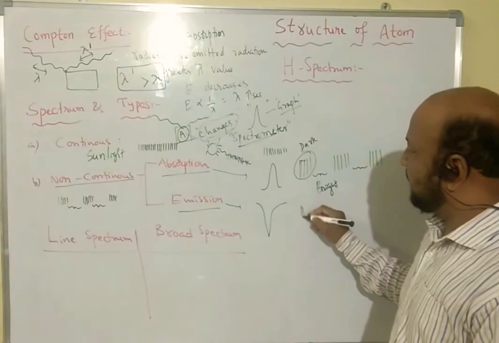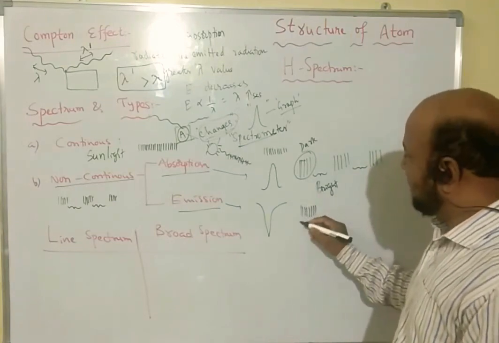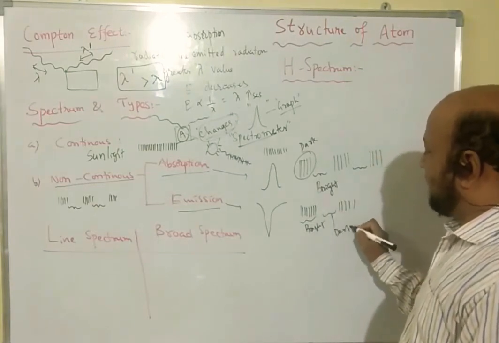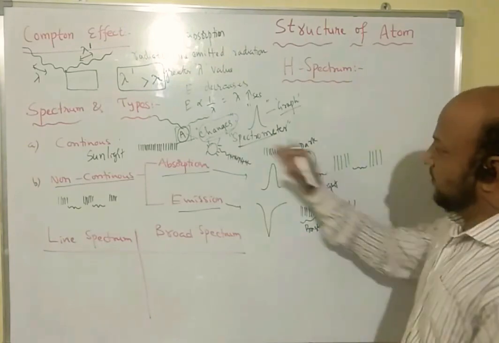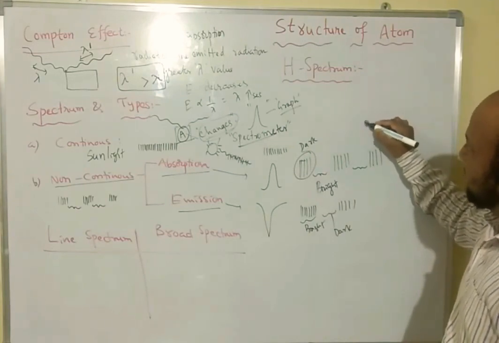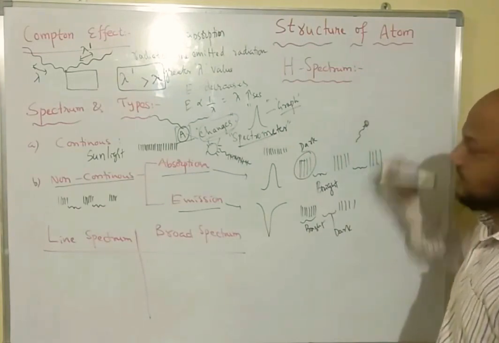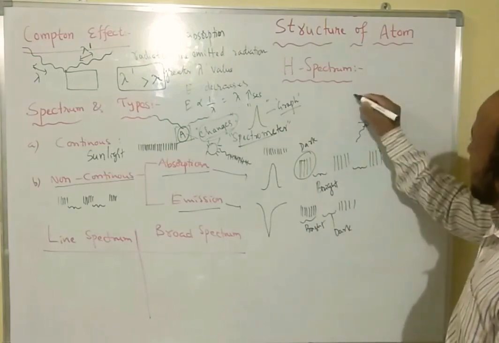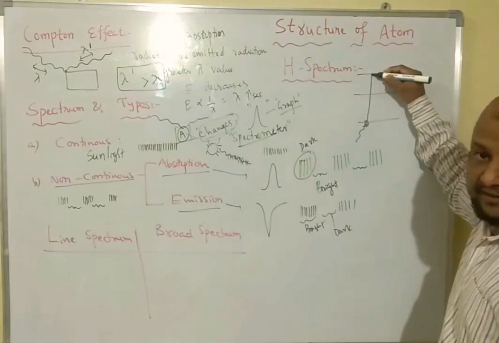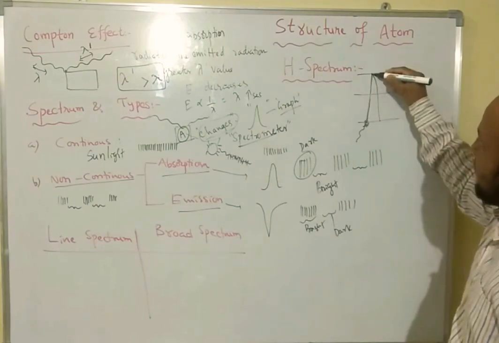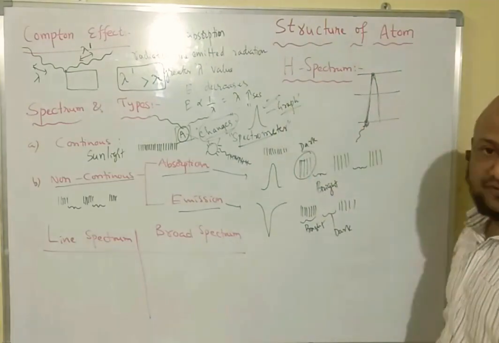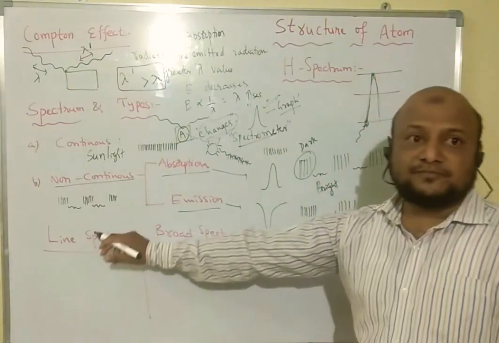In the emission spectrum we get the opposite: lines are bright and the gaps are a dark background. This is the difference between the absorption spectrum and the emission spectrum. It is simply explained like this. Suppose this is the substance. If you give radiation to the substance, it will absorb the radiation. It contains different excited states. The electron absorbs the radiation and moves to a higher energy state. Then again it comes back. Due to this absorption, the spectrum we get is called the absorption spectrum. Next we go for the